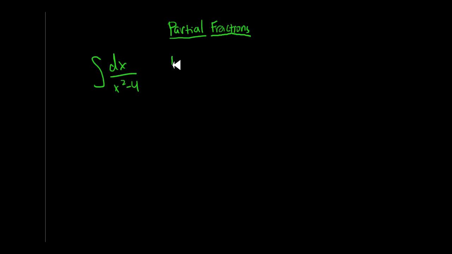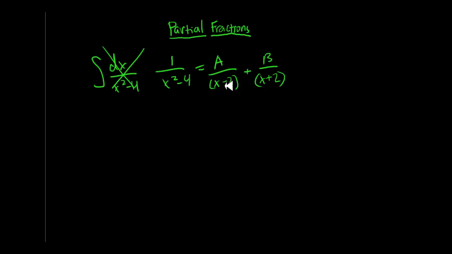If you have 1 over x squared minus 4, so you can just ignore that for now, it would equal a certain value a over x minus 2, plus b over x plus 2. And if you don't know, I just factored x squared minus 4 into these values. So there's a certain value for a and a certain value for b that makes this equation equal this one. Okay, so what you want to do is